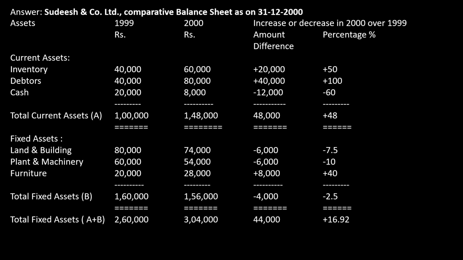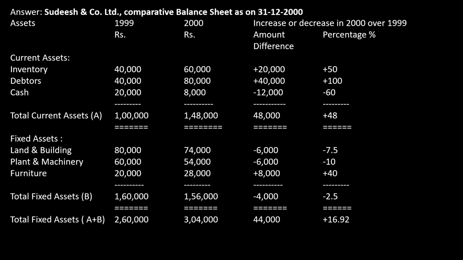Here the answer for this is we are going to prepare the comparative balance sheet again. Again the columns are the same. The columns are not going to differ. As I said in the first sum, the first 3 columns are nothing but the repetition of the sum, but in a different form, in a specific format. First, I select all the current assets and write them together. Then I write all the fixed assets together. Current assets and fixed assets separately. That's it. Now I compare one by one.